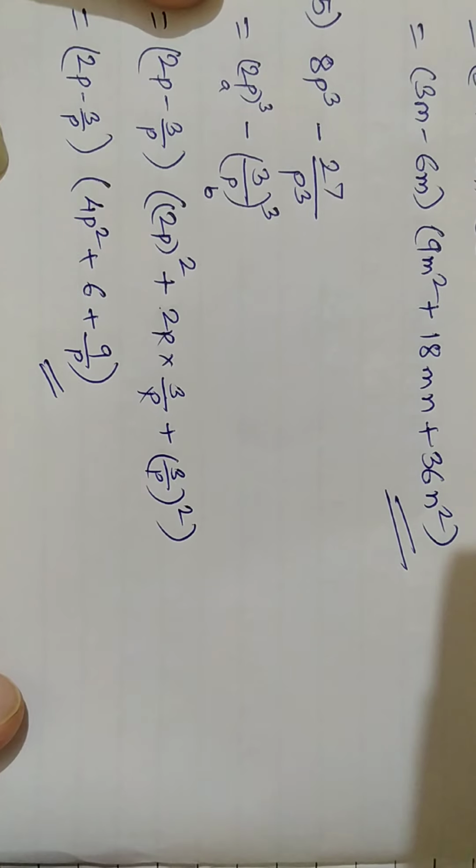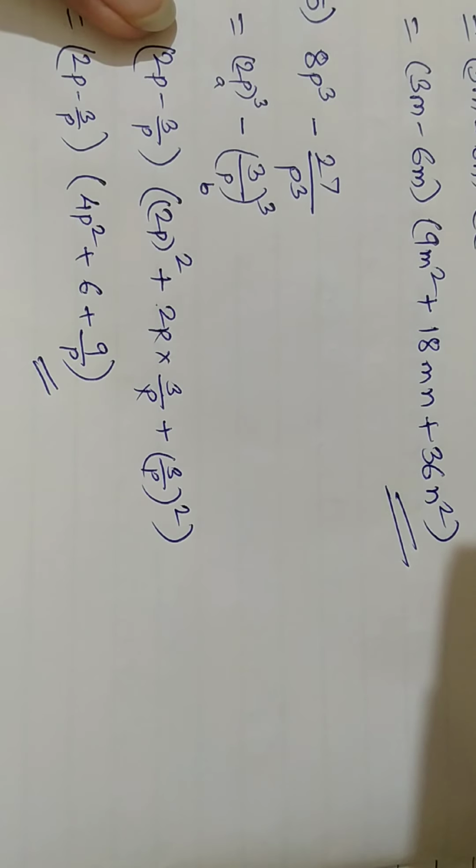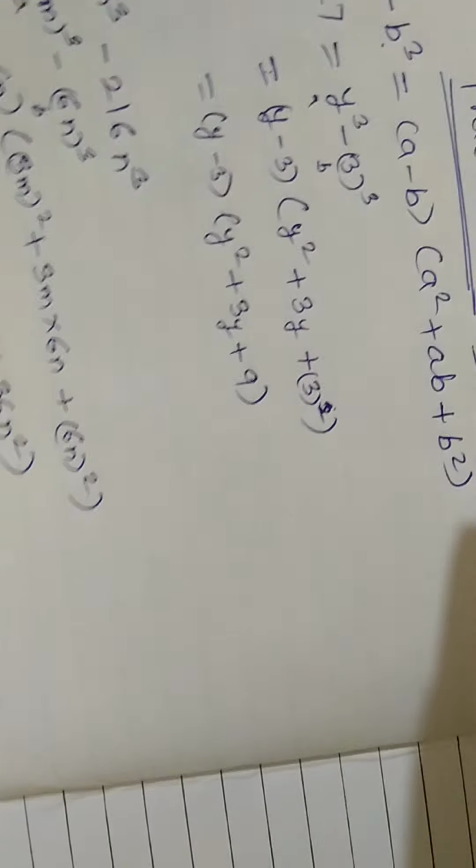Now this was the first question, that is factorize. Now we will see the second question, that is simplify. That means two formulas we have seen, a cube plus b cube and a cube minus b cube. The same formulas we have to use to solve this. See our formula, this is a, this is b, that means a cube minus b cube you have to use here.